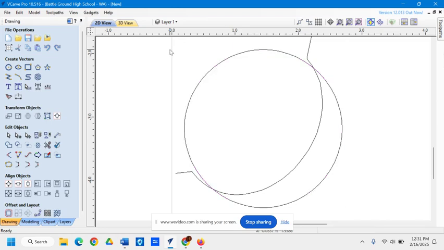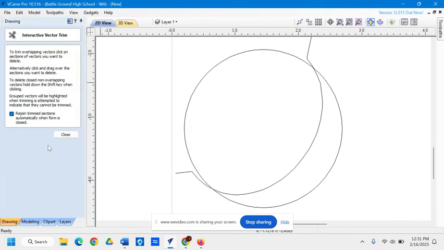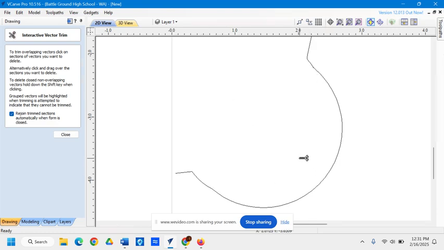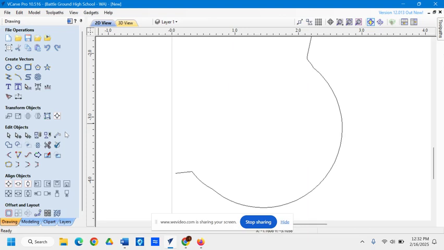Then I have multiple options. I could use a scissor tool and cut part of it away, like so. If I do that, I want to make sure that this rejoin trimmed sections is selected. That way, when I close this out with this button here, those sections will join up. Now if I hit Node Edit Mode